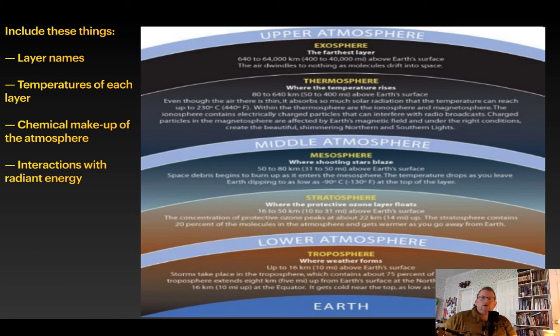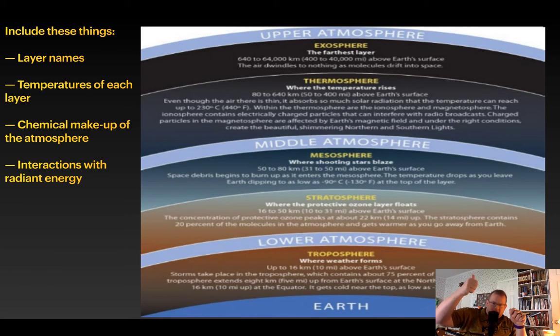Okay, that gets us to the mesosphere. The mesosphere is from 31 miles up to 50 miles up. So we're going in layers. This is where meteors, when you see a shooting star or a meteor shower, start to burn up, and most of them burn up here. As you go up,